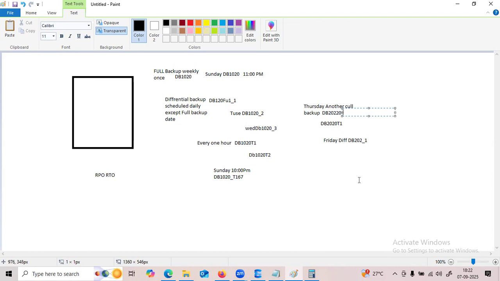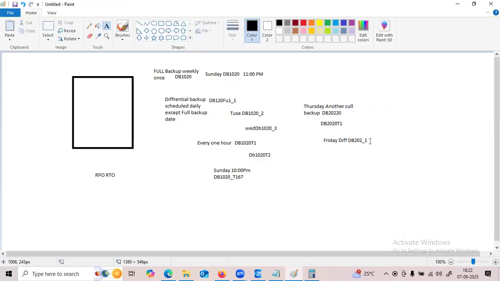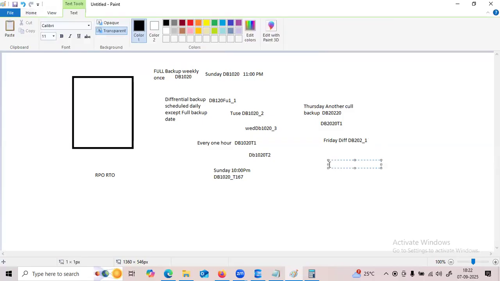Here the main problem is if I want to restore the database. If I want to restore the database to Saturday, what do I need to do? I have to restore the full backup, the differential backup, and the log backup. But here I have a Saturday differential, DB20 hyphen 2.